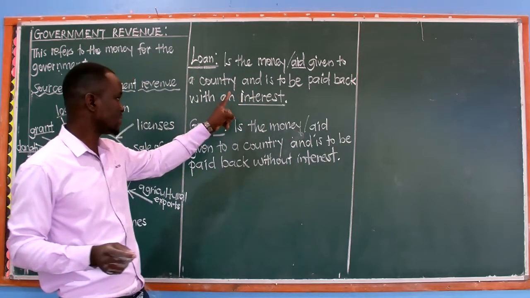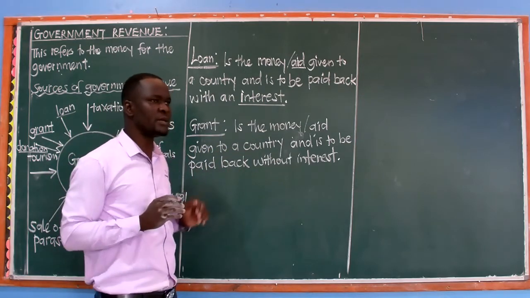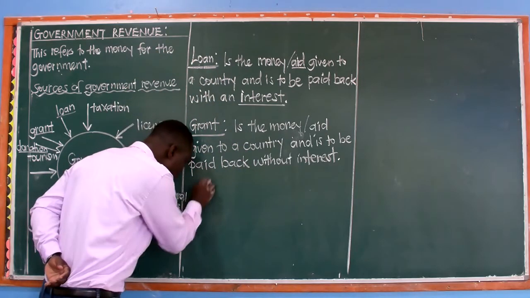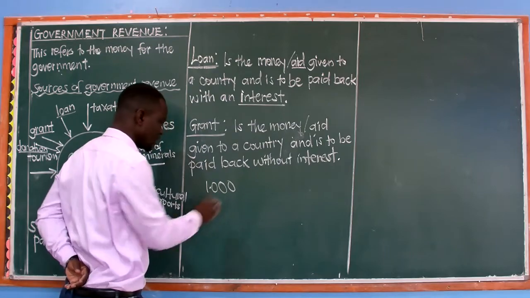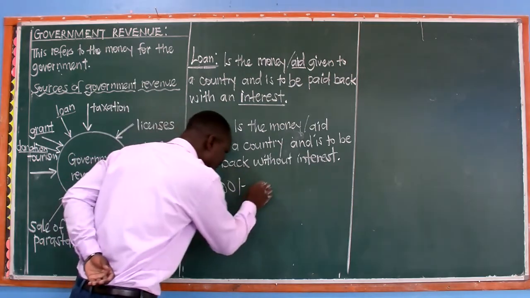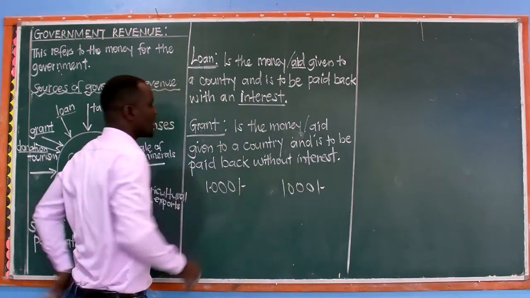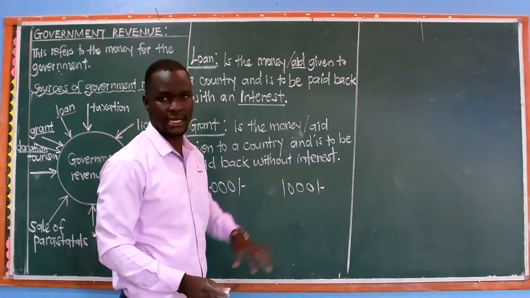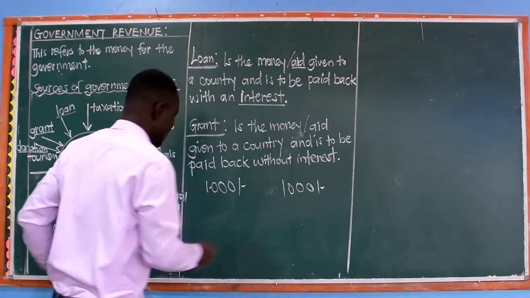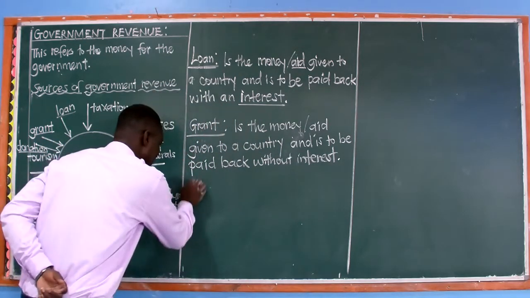A loan you pay back with more money added. With a grant, you pay that very money, which means if we were to look at an example, someone helped you with 1,000, and when you are to pay back after a week, you are paying back the person that very 1,000. So this is what we call a grant. There is no more money added. You pay what you got. That is a grant. The last term that we added, the last source of government revenue, is what we call